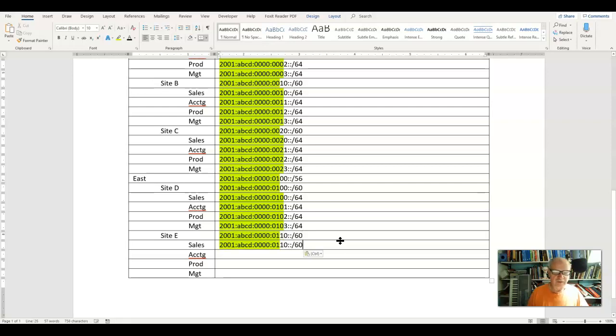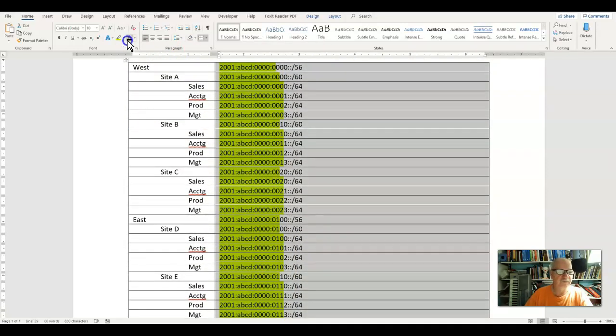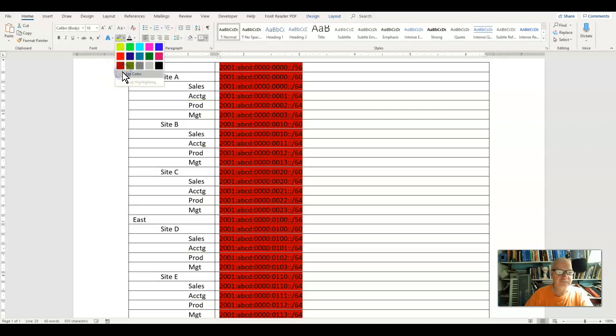All right, finally, we're going to do the site E. I'm going to copy that out here. I'm going to change the 60 to a 64. And in order to designate that I'm at 64 bits out, I'm going to change that to this green color. And now I'm ready to copy it down. And I'll put my 1 here. I got the 0 here, the 1 here, the 2, and the 3. And we are done. Let's go ahead and take off all of this green formatting here.